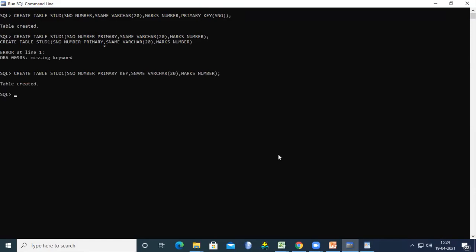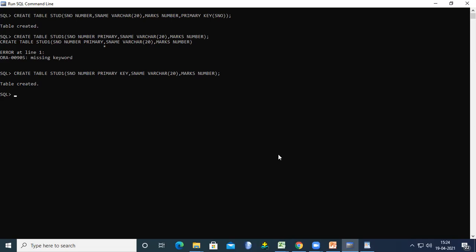If you observe here, how I'm creating the primary key for the student number: data type, directly writing primary key. That means here we need not specify primary key separately. Simply during the creation of the table, with the field name followed by the data type, I mention primary key.